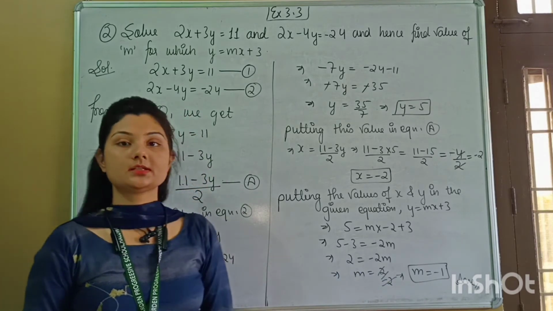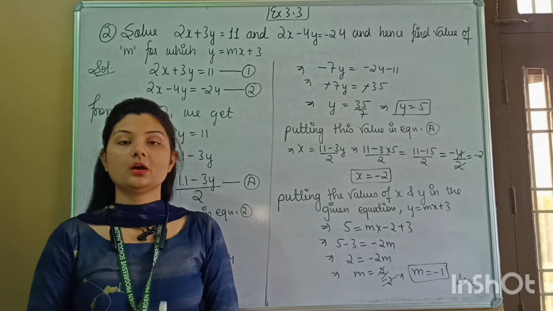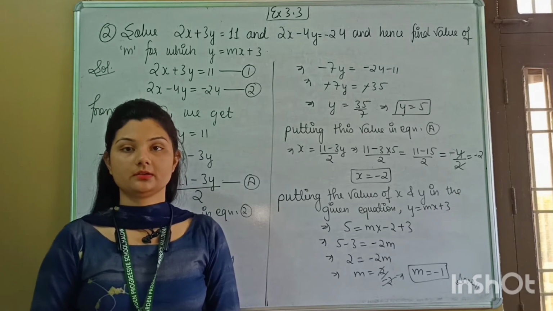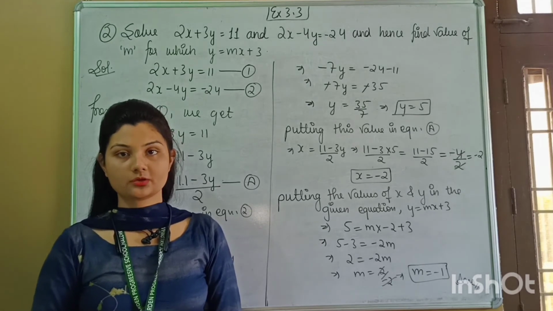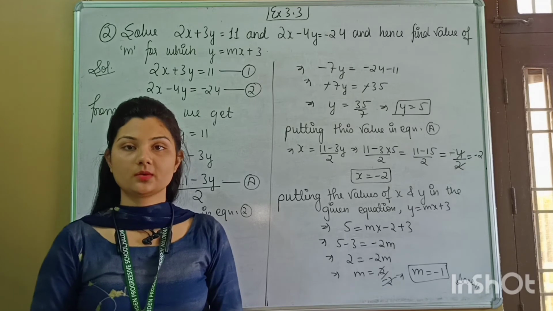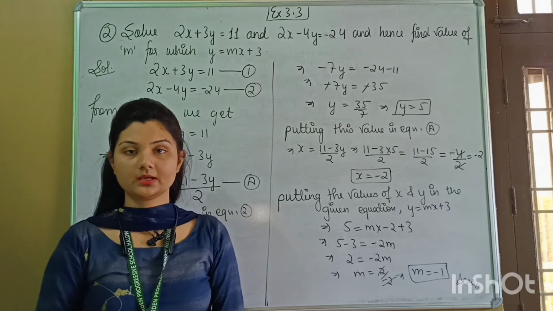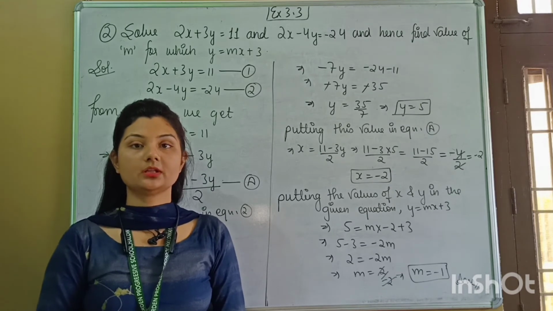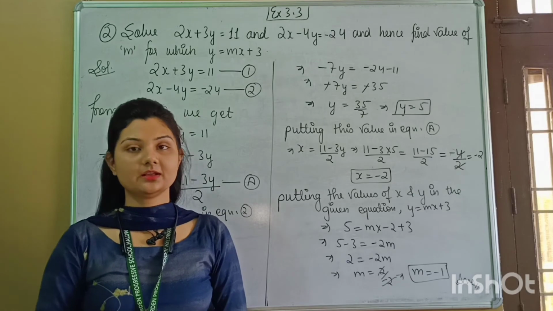See, now after this question, from question number 3, there are 5 parts in that question. All of them are word problems. Word problems mean that first of all we have to make the equations, and then after making the equations we have to solve them again by using the substitution method, and take out the unknown values or the values of the variables. So let's start the word problems now.